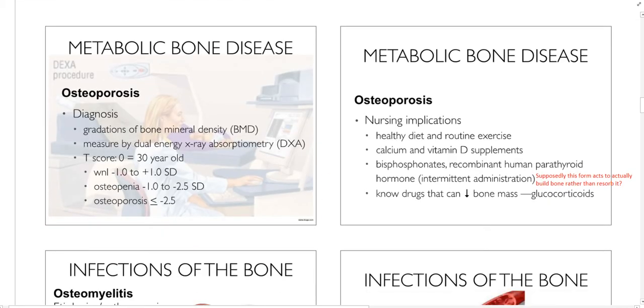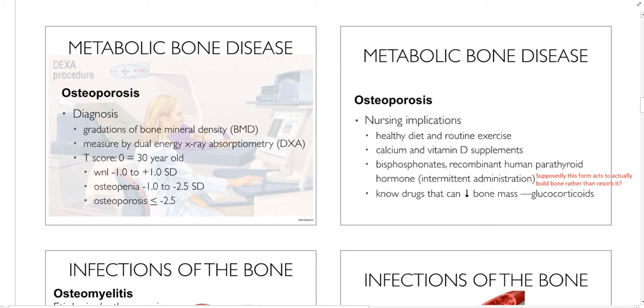We're going to be diagnosing based off of a bone mineral density, which is measured with dual energy X-ray absorptiometry, DXA. Okay, I gotta try it again. Absorptiometry. And they're going to score it based on standard deviations. So normal would be 0. We would want 0. And we're okay with the idea of a standard deviation of 1, negative or plus, to